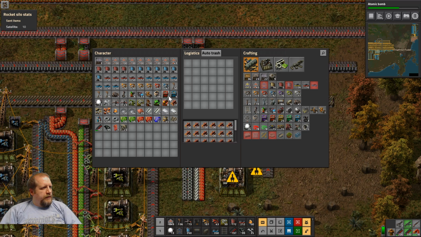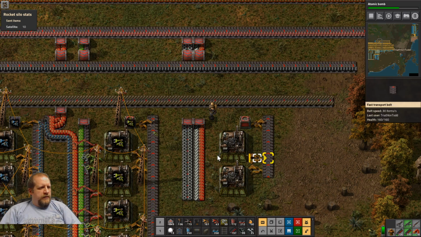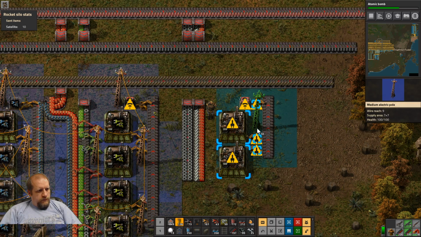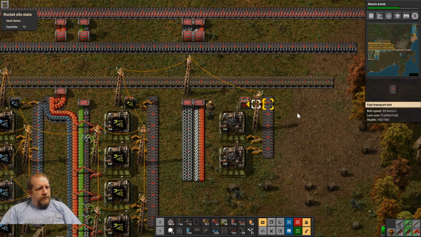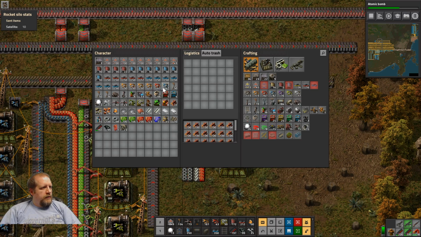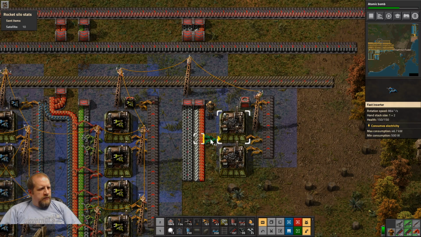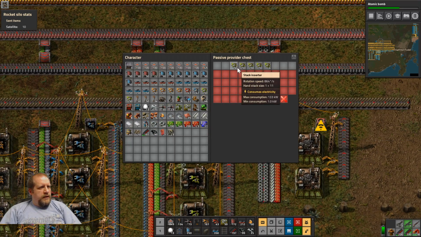Those can also be in a passive provider chest. I'm going to make that the new standard for anything that's not an intermediate product. Okay. Right there. Now I need 9 per second because there's so many going in, so it just has to be a fast inserter. Actually, we should go with stack inserter, shouldn't we? We're putting in 9 of them at a time. And I need more anyway